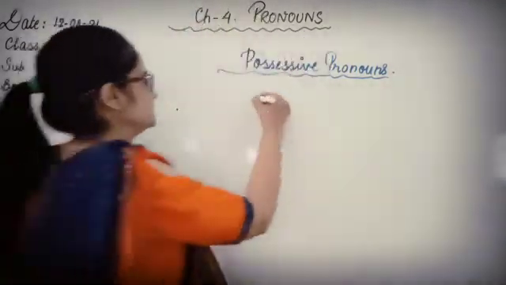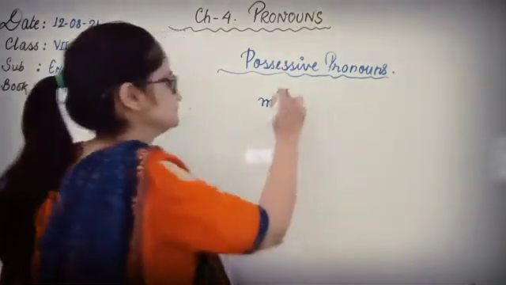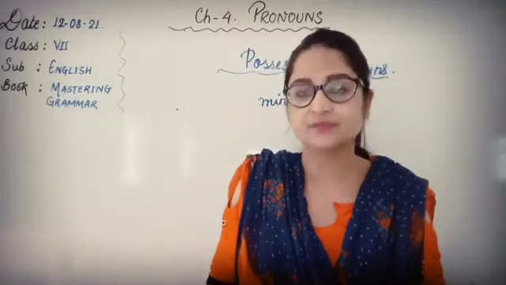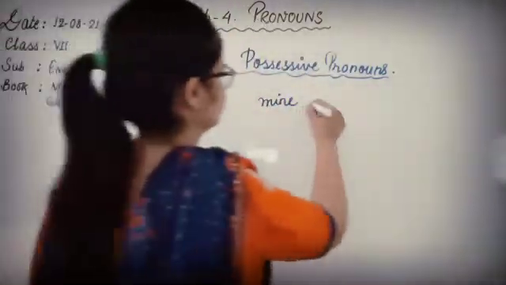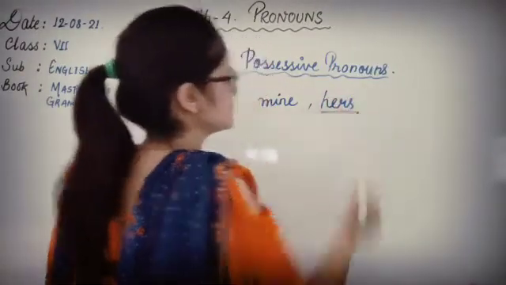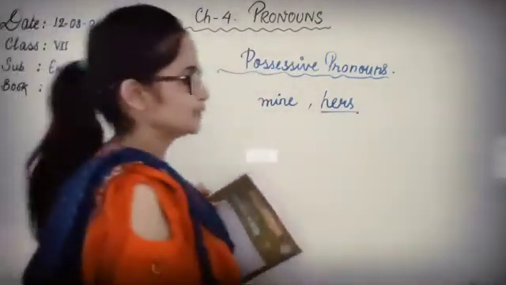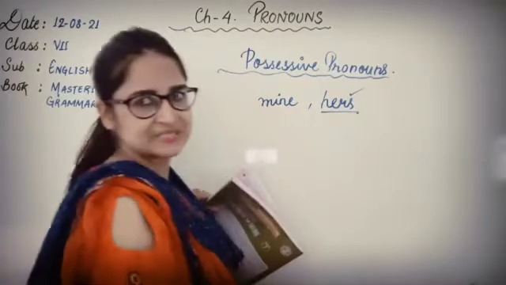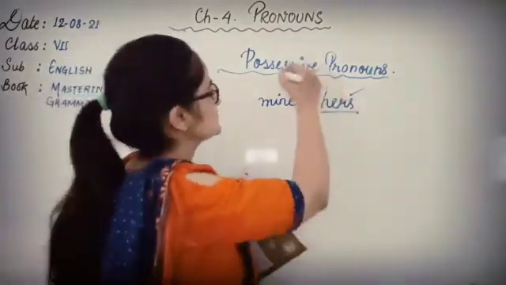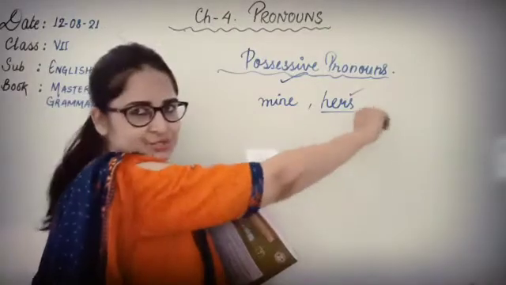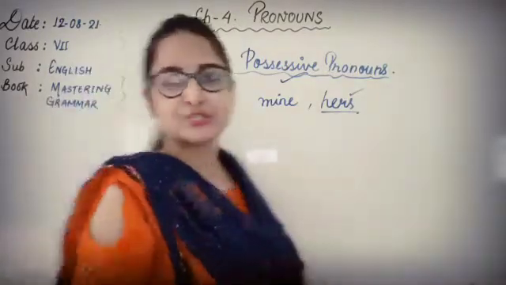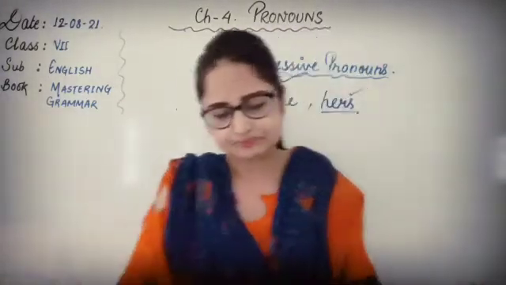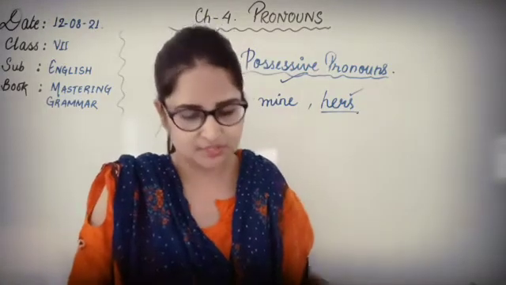The word mine is a possessive pronoun showing possession. It belongs to me. And those on the table are hers. See children, when this word her was used, it was also used as a personal pronoun, right? We had learned about it and we had seen that S was not used in that. But here in this case, when you are using a possessive pronoun, we are going to add S to this position. And it is always used as an objective pronoun, right? So they indicate possession.